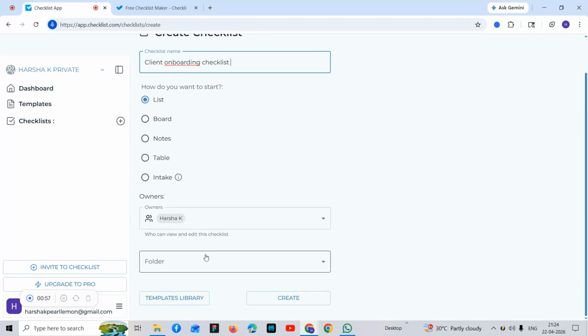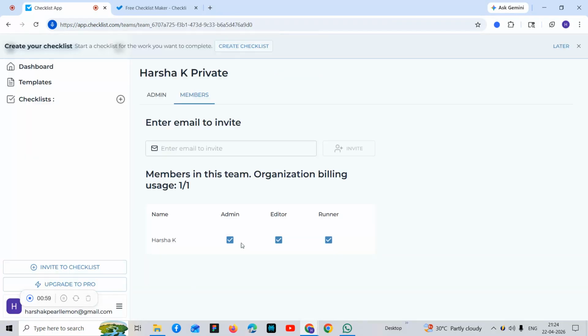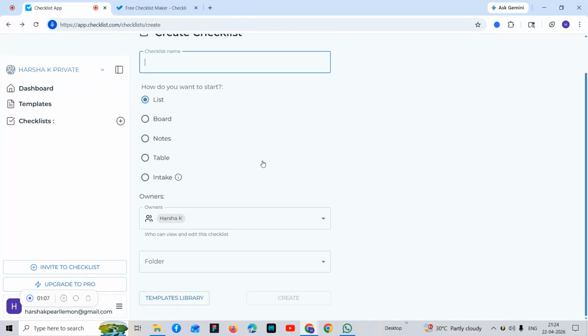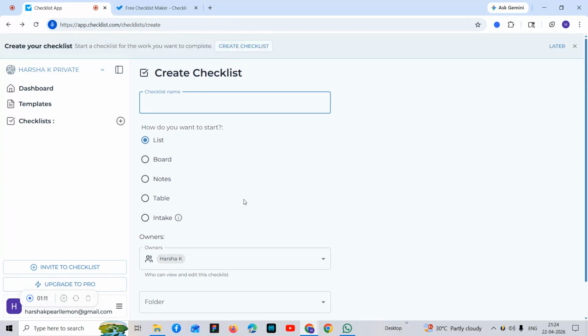Let me keep the name as this, folder, manage folders. Okay, now I'll add the name again, client onboarding checklist. Client onboarding checklist, that's perfect.